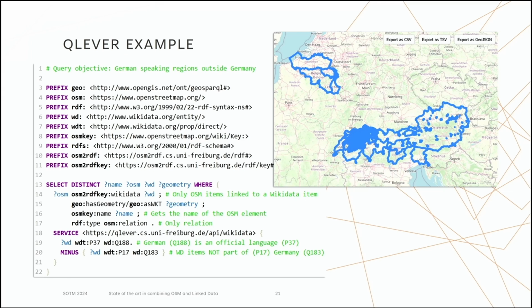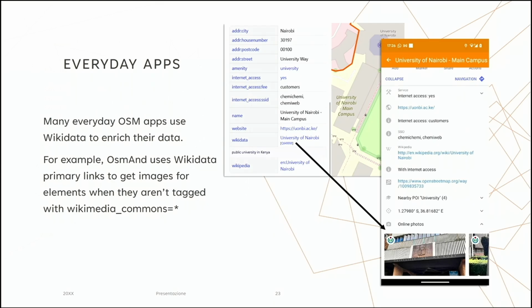I have used language, but imagine how powerful this is if you use other information that is on Wikidata, like statistics about population or some well-being index or many other information that are present on Wikidata. So even if you have never used one of these queries, you probably already have used Wikidata when using OpenStreetMap, because